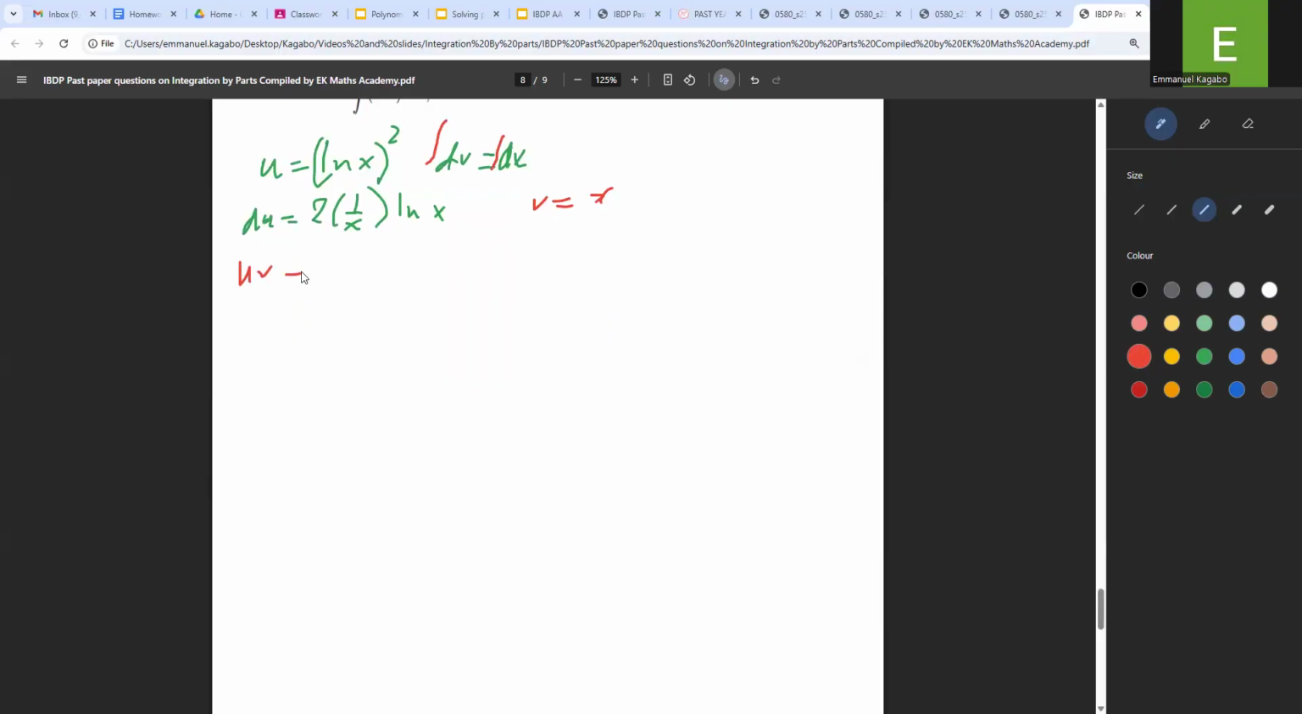u v minus integration of v du. So what is my v? My u is that, so it's going to give me x ln x squared altogether here, because that is my u, minus integration of v. V is going to be x. That's my v times z du, which is z times z